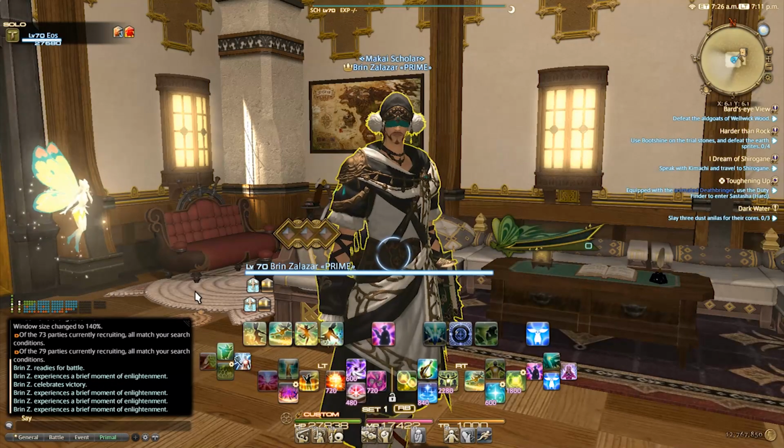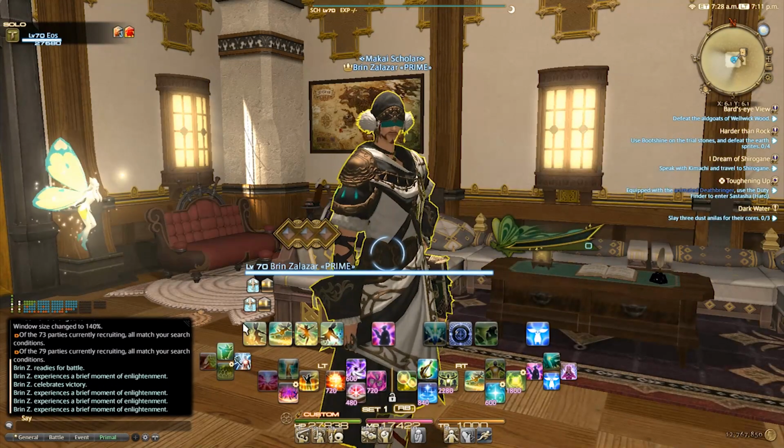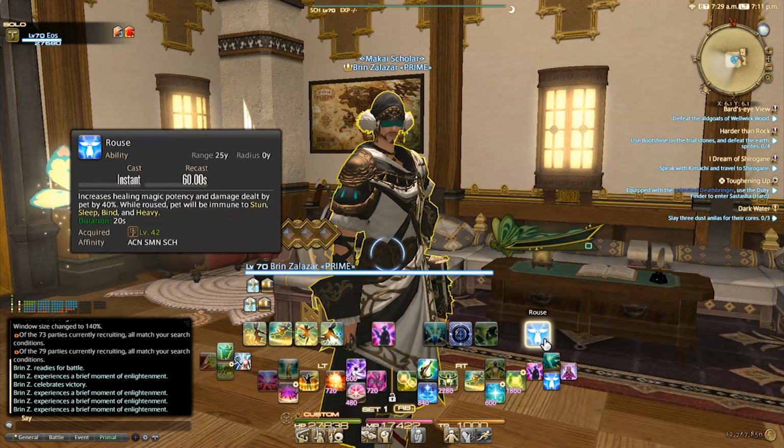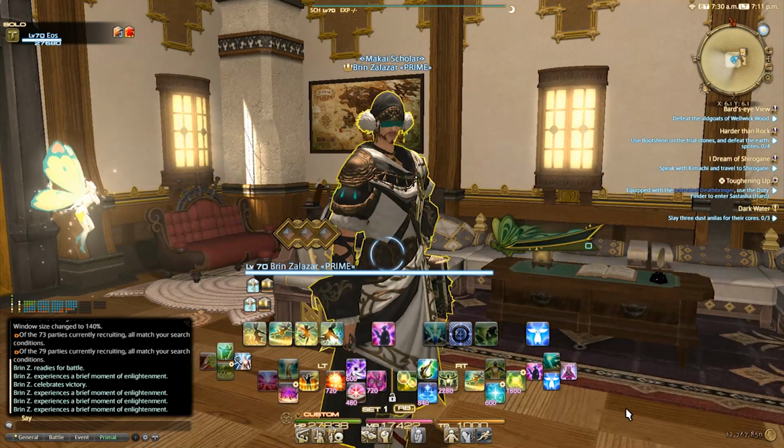One of the questions that we get a lot is, how do I access this bar? And this is just to help communicate various cooldowns to me. All of these abilities are long cooldown abilities and I want to make sure that I'm using them when they're up. But let's go ahead and get started from left to right.